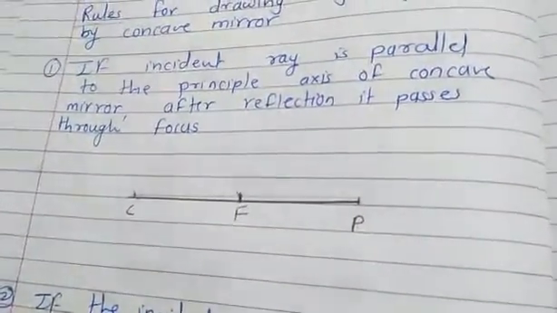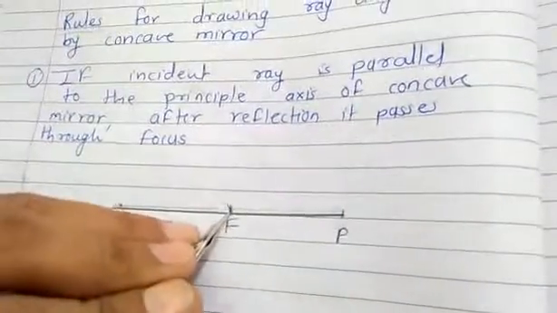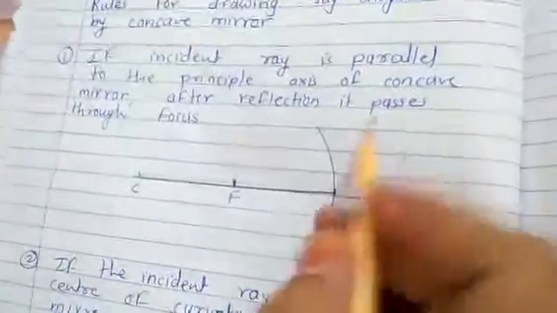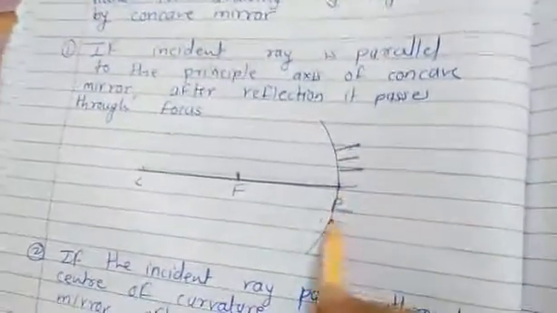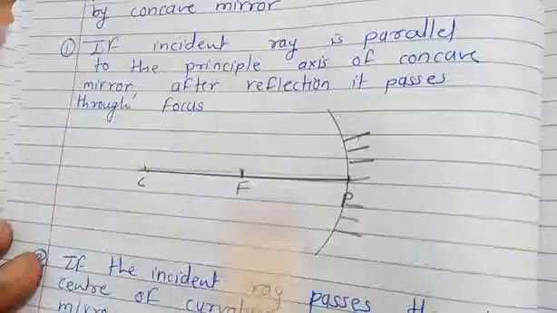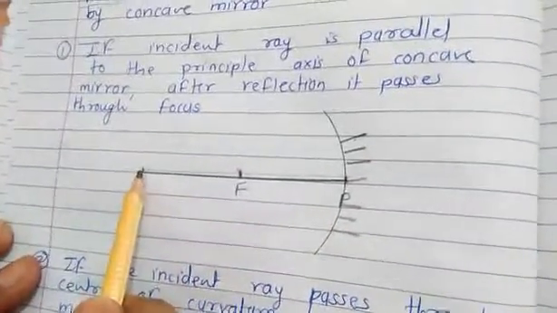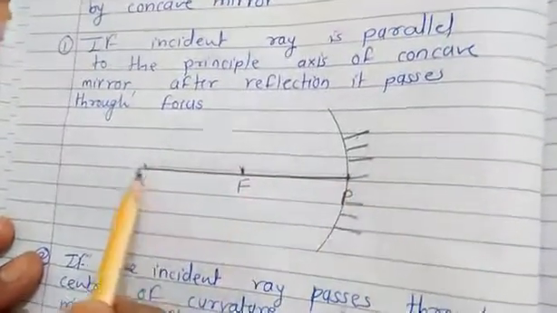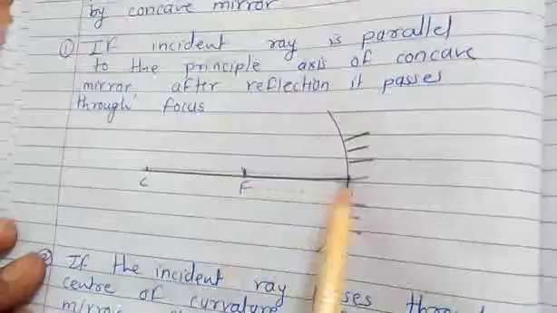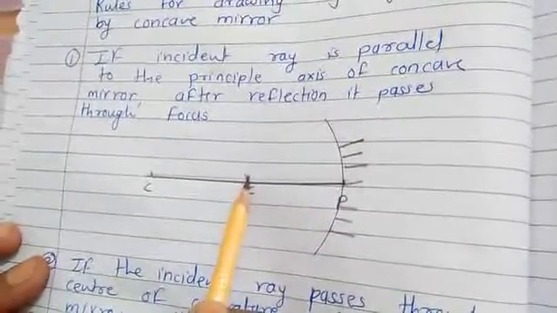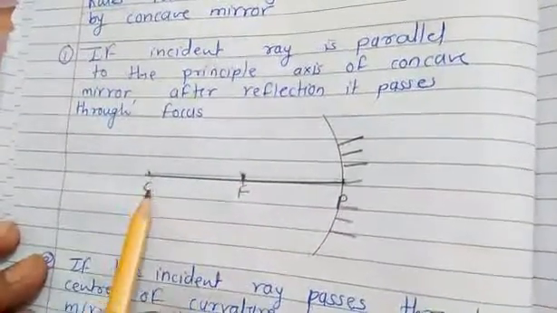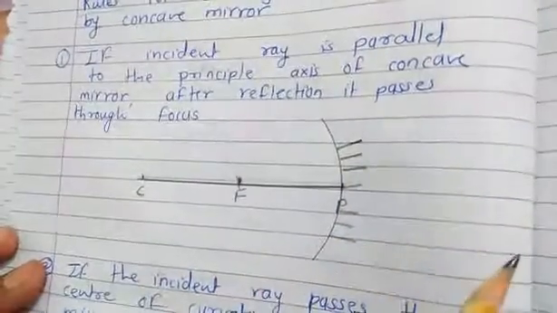Now I am going to cut an arc. So you can cut the arc like this. So the arc is cut like this, and it is a concave mirror. So this is the concave mirror. Okay, understood. Every time we have to do this. What? We have to take a line segment of 8 centimeter. We have to mark 0, 4, 8 means exact middle point, and we have to give labels C, F and P.